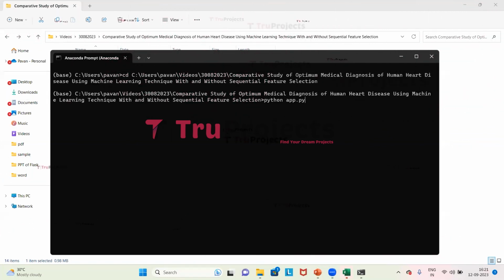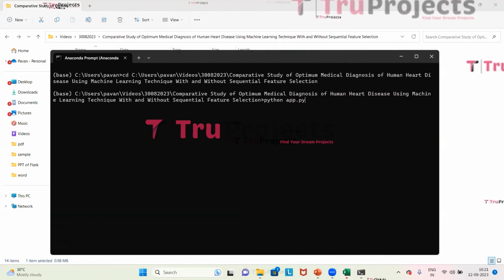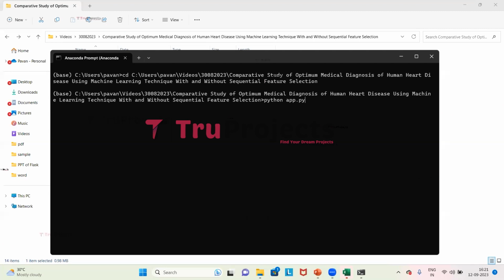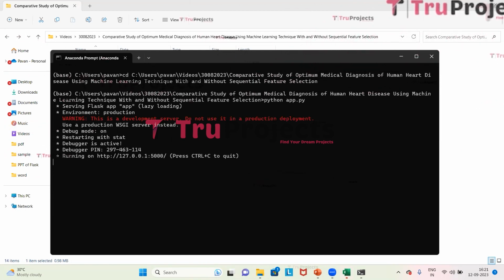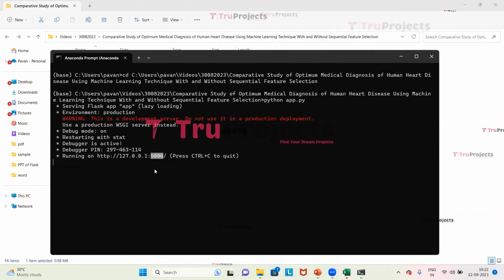This will compile the app.py file. This command will execute the Python script and perform a runtime check for any syntax errors or logical issues. Now we need to click on enter. After running the app.py file, the Flask framework will host the application locally at the default address, which is localhost. This one is the localhost and this is the port number, unless configured differently.